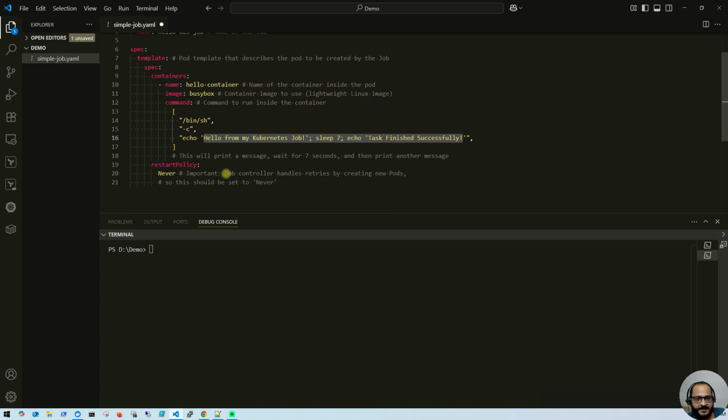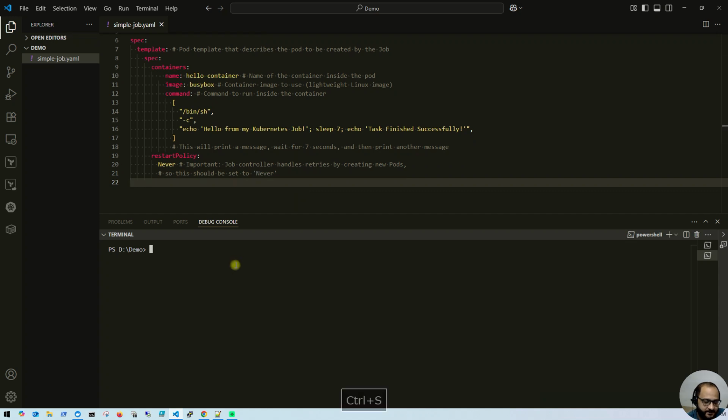One important thing here: I have defined restart policy Never, because the basic feature of a Kubernetes job is to retry multiple times if your job is not completed successfully. But in our case, this is just going to print a simple message, so that job will complete successfully. Now let me save it first, and apply this file, kubectl apply -f